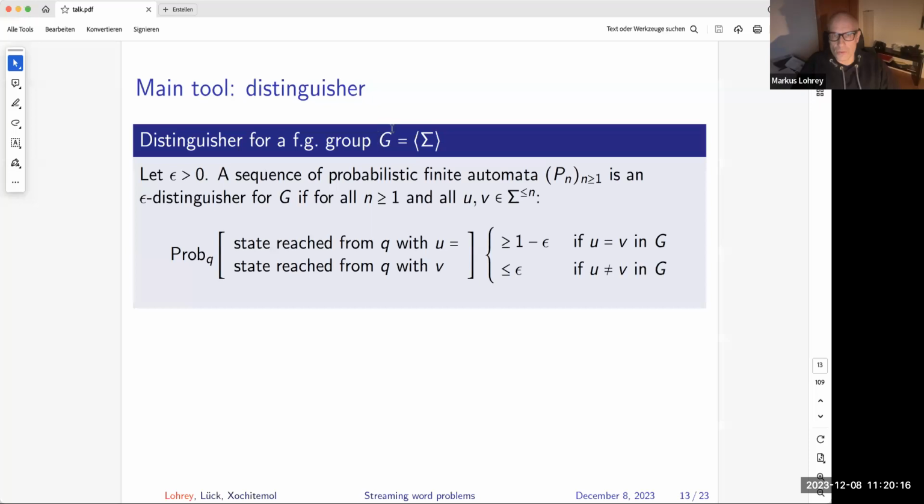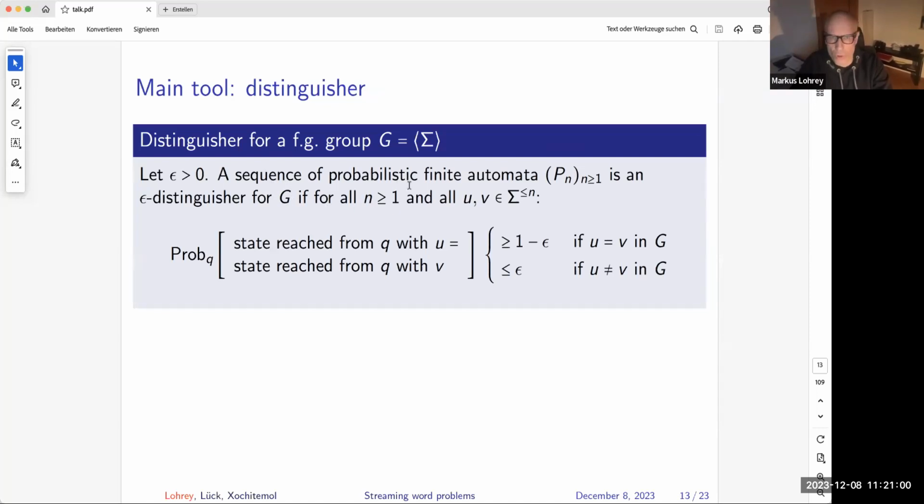Take a finitely generated group G, with generating set Sigma, and take a constant epsilon, a small constant. It's a small probability, actually. Then we take a sequence of probabilistic finite automata in the same way as I have defined it before. So the automaton guesses an input state, and then it proceeds deterministically. Pn is the nth automaton, and Pn is the automaton that will handle input words of length up to n, and we call this sequence of automata an epsilon distinguisher for the group G